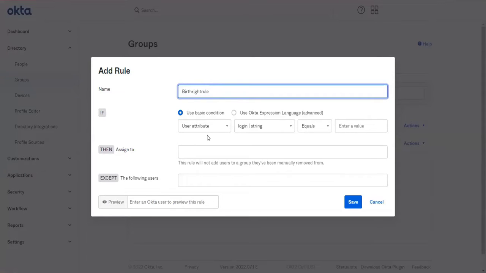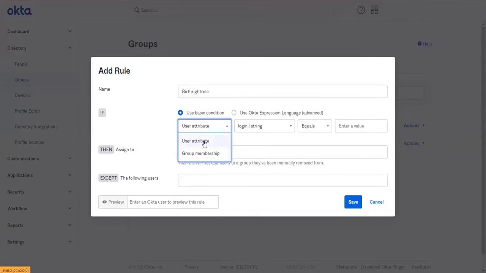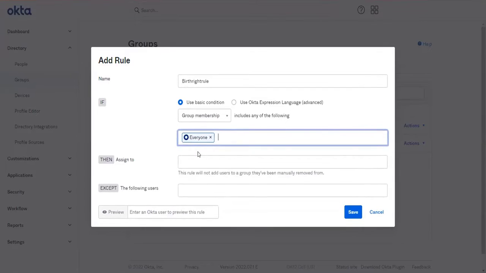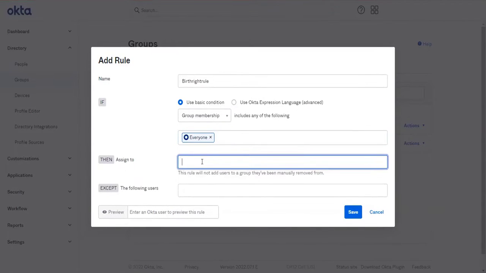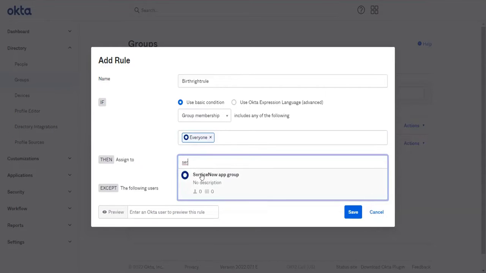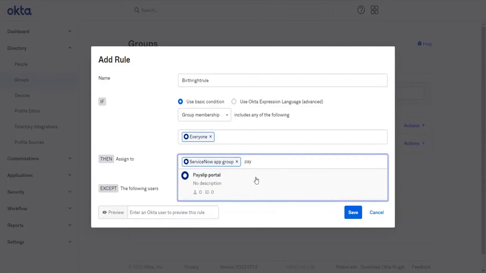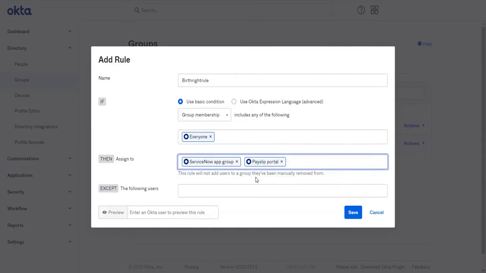Birthright rule. Attributes, Everyone. Then assign it to the ServiceNow group, Payslip Portal, what else, LMS.